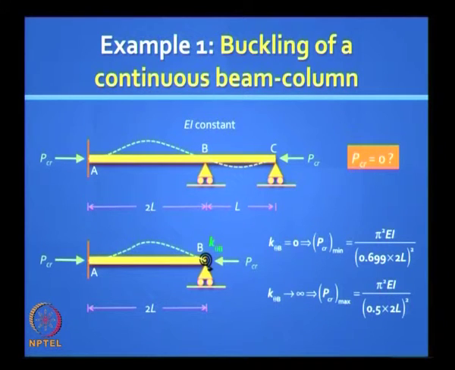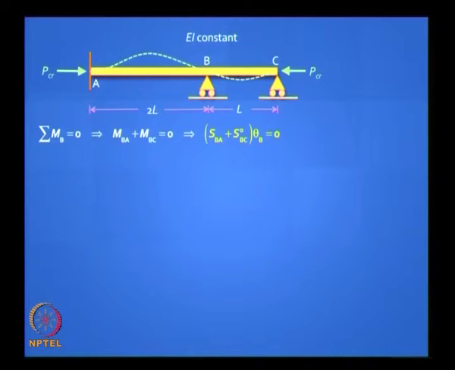So you got a good guess: your final effective length for that element must lie between 0.5 and 0.699. If you get something outside, something is wrong. So you got a good hunch, and incidentally if you look at the element BC, it will give you only values which are higher, you can work it out. So you made the right judgment by selecting AB to work out your bounds. Now let us solve this problem.